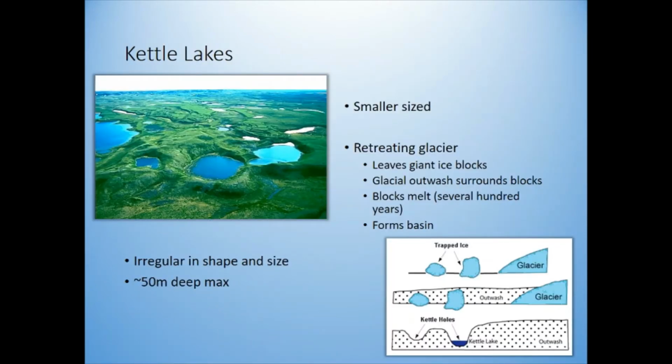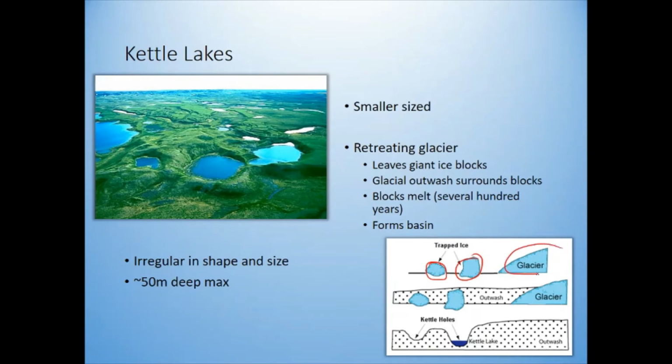So the smaller type of lakes that we see are kettle lakes, okay? And think about that big Laurentian ice sheet coming over, being on top of Wisconsin, okay? Then what happens is the glacier retreats. It doesn't actually move back, but it just starts to melt, right? And essentially what happens is that big giant ice blocks get just trapped in areas, okay? So we got these big giant ice blocks.